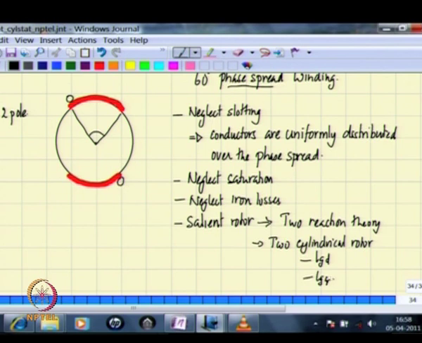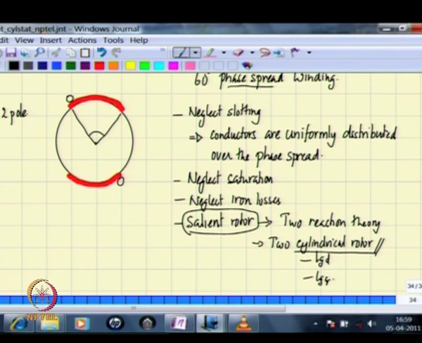The important thing to note is that instead of the salient rotor, which is the actual machine, we are considering a description in terms of two equivalent cylindrical rotors, the net effect of which is going to describe the inductance of the actual salient pole machine. And since we are now looking at two cylindrical rotors,